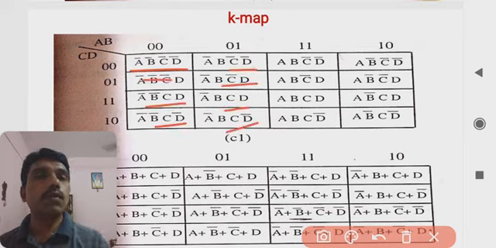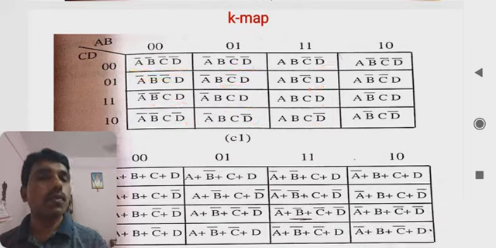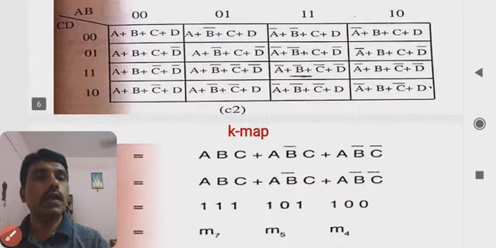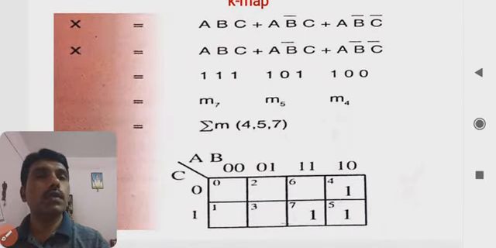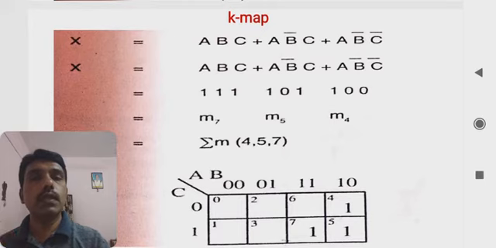According to that, complemented will be assigned 0, and uncomplemented will be 1 for the SOP form. So using this structure, we can simplify or reduce the logical function. So here is one example given.